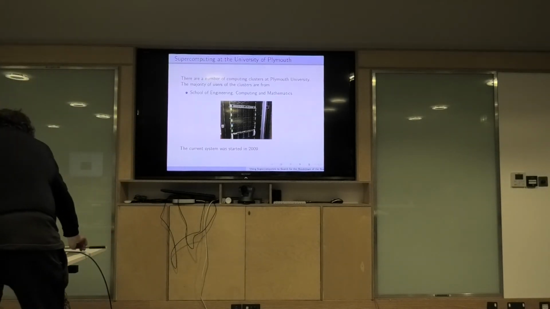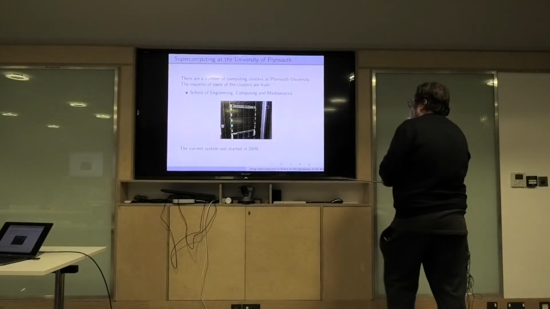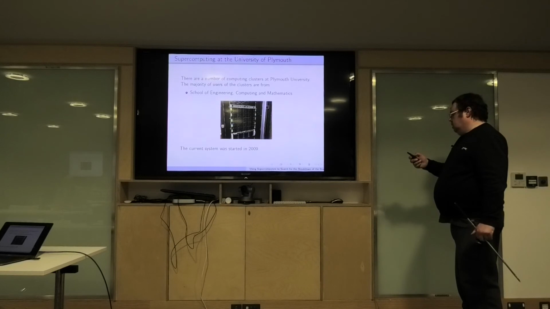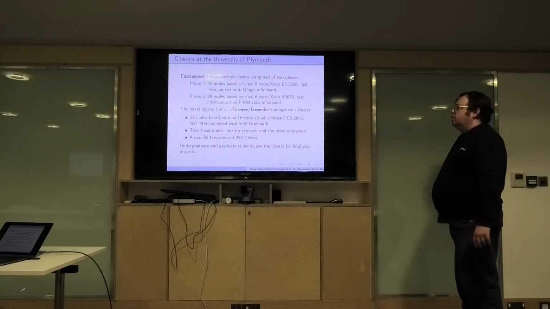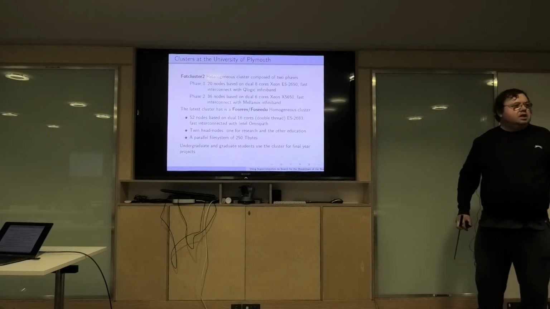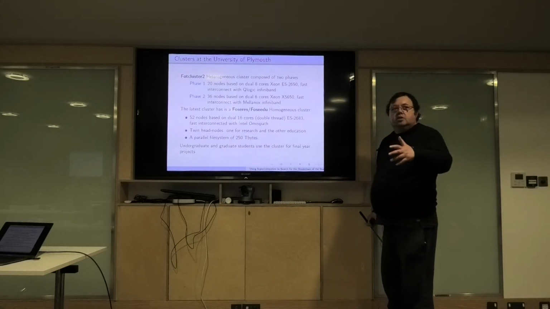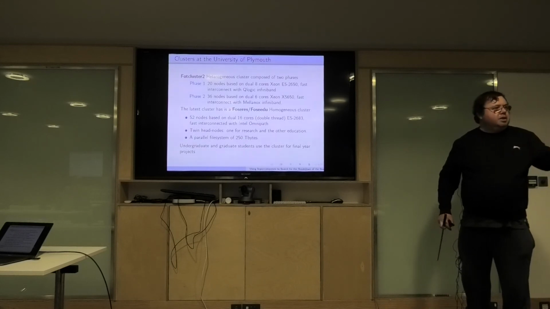Okay, so just some stuff about some hardware. We have some clusters at the University of Plymouth. The system started in 2009, and we're now in the School of Engineering, Computing and Mathematics. At the moment we have two clusters, both of which are around 50 nodes, with fast interconnects. It's used for particle physics and fluid simulations, and other people like statistics students. I'm not involved with the hardware, but I tend to help users and graduate students get going, because it's a Linux system, and not everybody has experience with Linux.